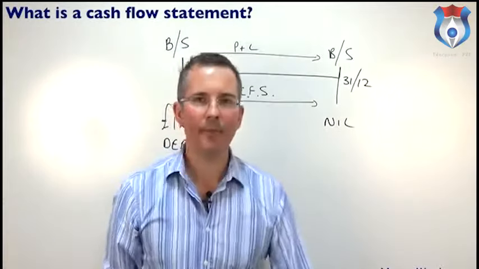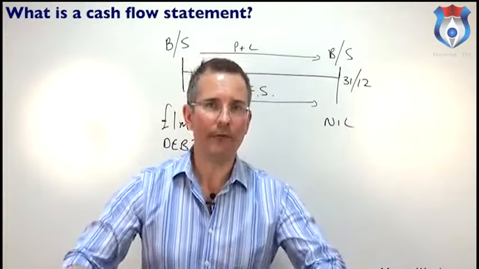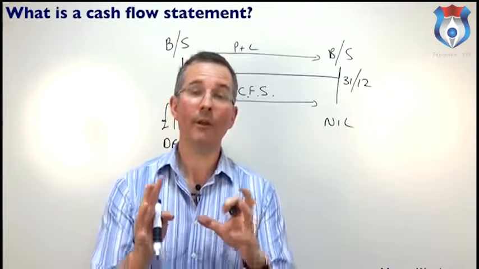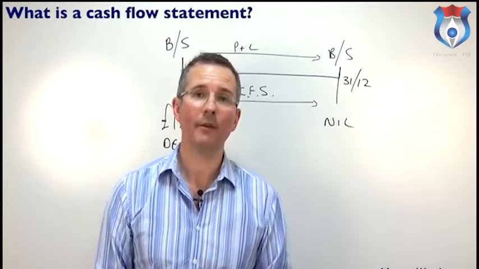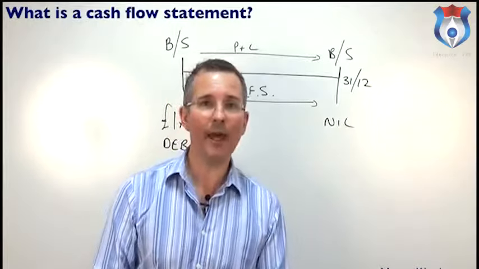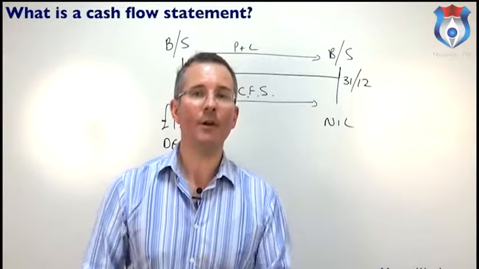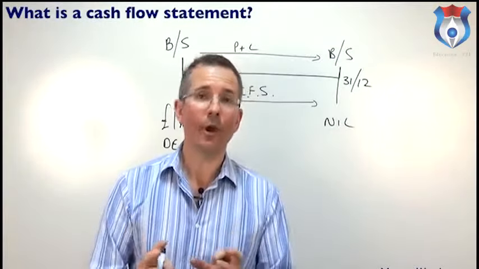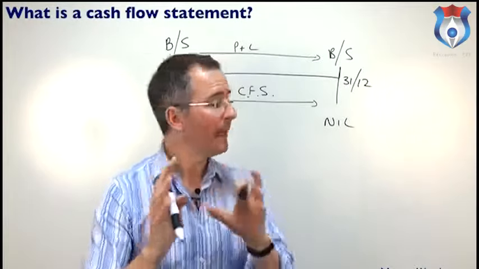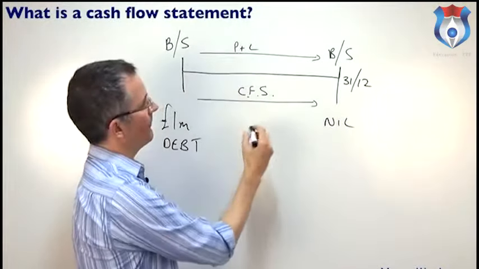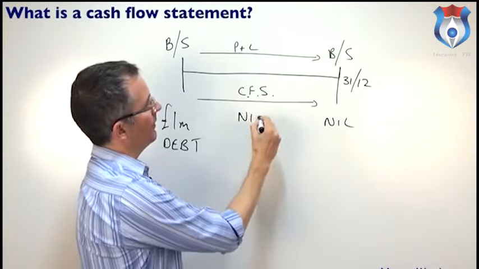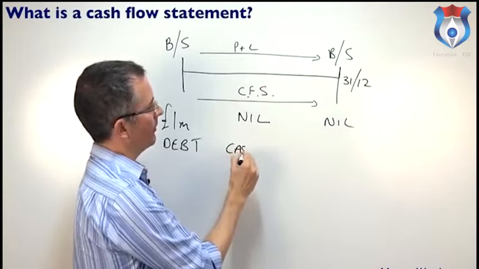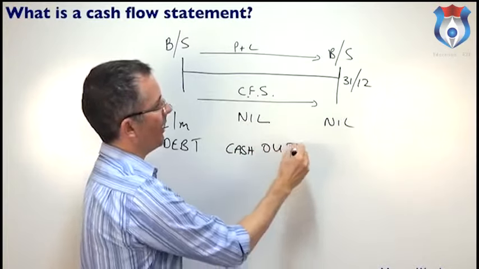Now, if the company simply writes a cheque to clear a £1 million obligation or liability, the profit and loss account will show nothing. There is no trading effect there. You've just literally taken an obligation and cleared it away using cash. So, to cut a long story short, don't worry, this isn't an accounting course and doesn't need to be, the profit and loss account will show nothing. The cash flow statement will show the cash out required to clear that debt